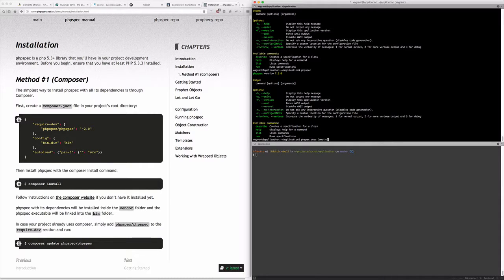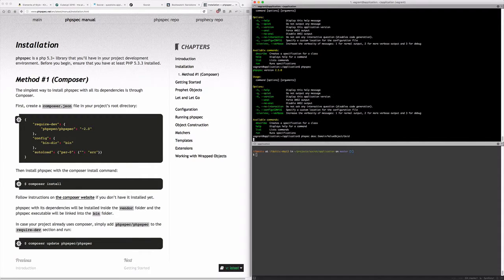If I was putting it into more granular namespaces, I would put it under Domain Core, but this will be fine. So Domain, ValueObject, and then it will be just UUID. So press enter,